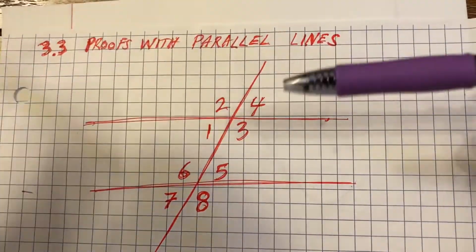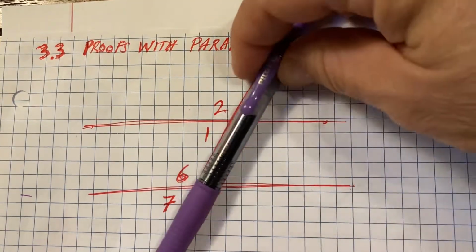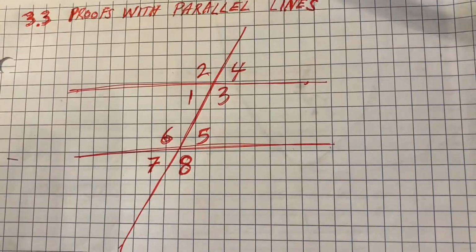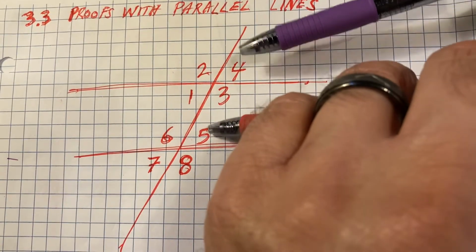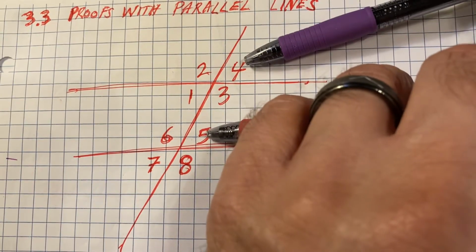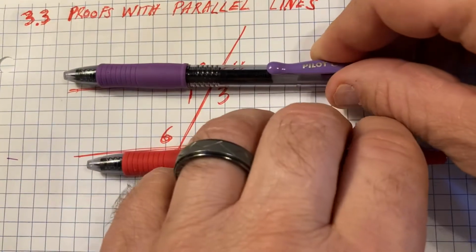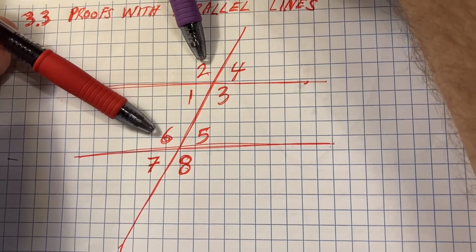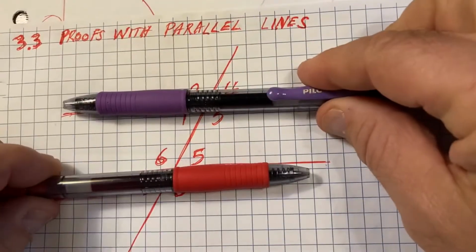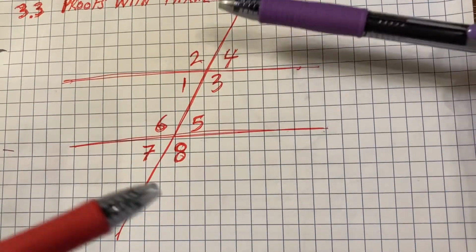So this time, we're going to say, here's a bunch of lines. This line's your transversal, and we're going to state that these two angles, angle 4 and 5, are corresponding angles. If these two angles are congruent, then these two lines will be parallel. So if corresponding angles are congruent, then the lines are parallel. Okay? And then there's another one that says